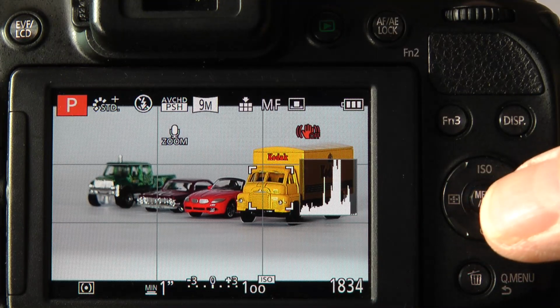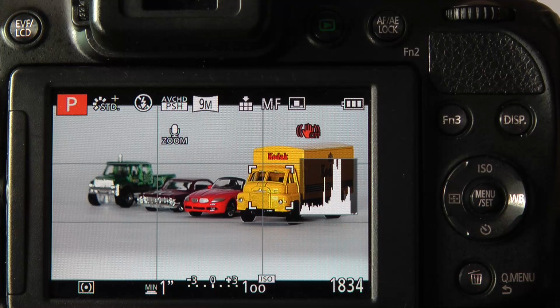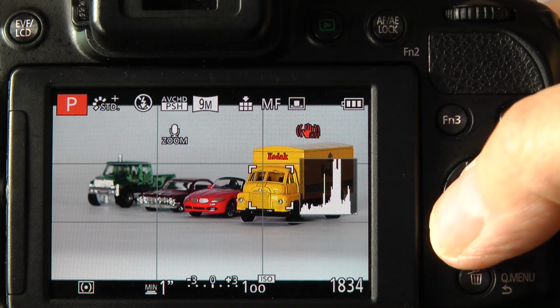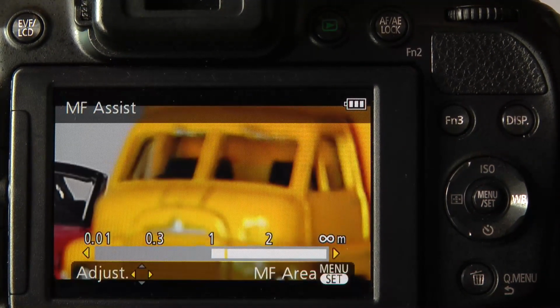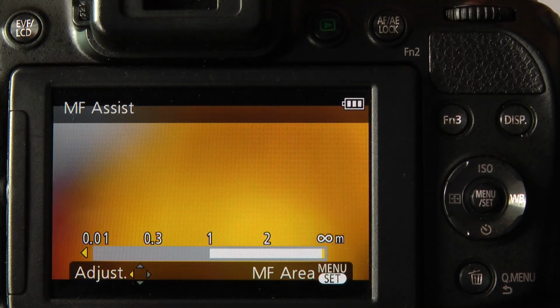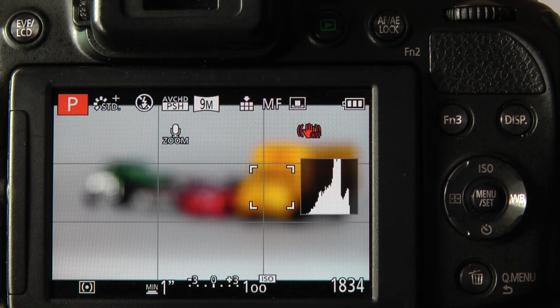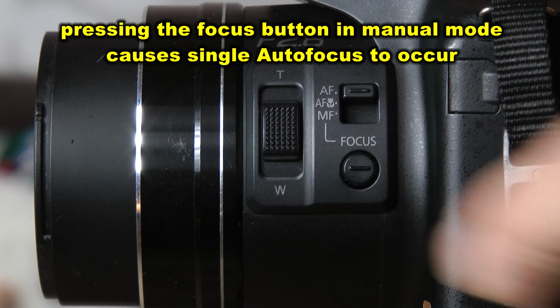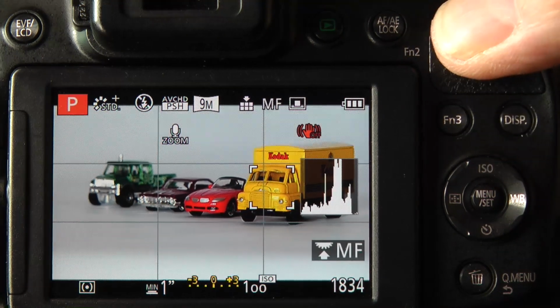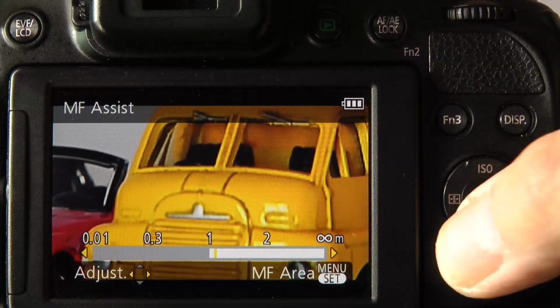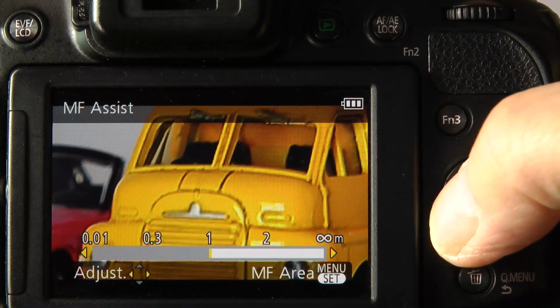If the camera is a long way out of focus, there's a quick shortcut to bring it into focus. So if I just momentarily go into change the focus position, I'll use the side lever and I'll put it all the way over to infinity. And to enable you to get to manual focus without having to go through the process of using the control buttons to get you to a focal point, you can use the focus button on the side of the camera, and that will force the camera to do an automatic focus single shot. You can then go into your manual focus position and change it if you felt that you needed to just fine tune that, but the camera normally gets it pretty spot on.